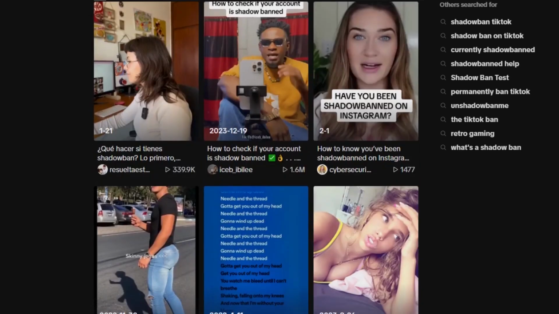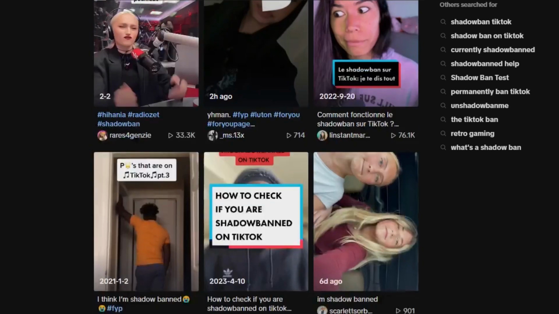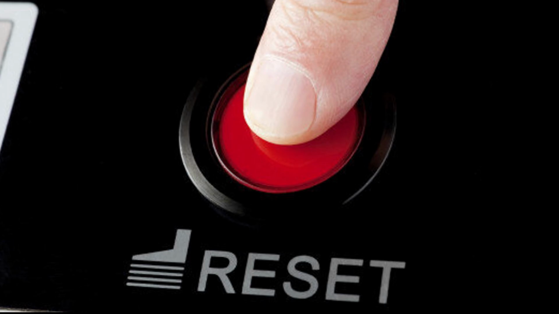Now, a lot of people are scared that when they start a new TikTok page after being shadow banned, their new TikTok page is just going to be shadow banned just like the old one. This is not true. TikTok treats every account fresh and like it's a brand new person. So if you are shadow banned, this is probably the best thing that you can do. So this is worst case scenario, so make sure you try all the steps before this. But honestly, if it's a last resort, just hit that reset button and I'm sure your TikTok page will grow.